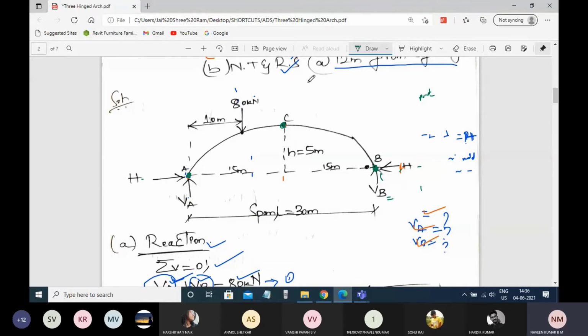Now, in order to draw the bending moment diagram, at these points we got 0. So which are the other points where we need to find the moment? Here you can see that there is a point load, and because there is a point load, you can expect there is a moment. So you can consider this point as D. That means you need to find the moment at D.